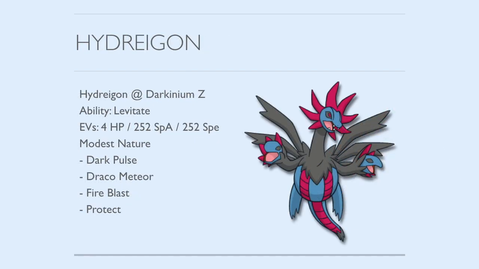And the last Pokemon, of course, was Hydreigon. Nothing too creative about this moveset, and the EV spread I wanted to just hit as hard as possible with max special attack and max speed, running the Dark Z move, just obviously to dunk on things like Cresselia and Aegislash. But the Dark Z move from Hydreigon is one of the strongest Z moves you can use, in the